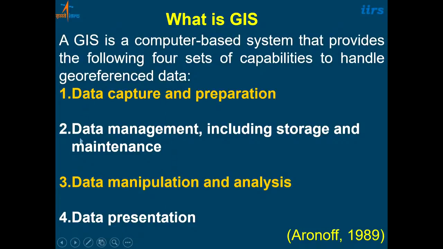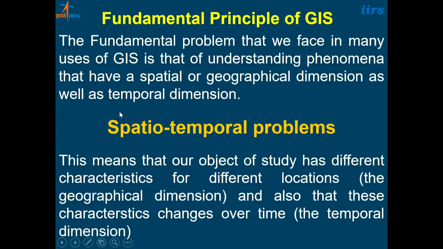And all these capabilities are location specific. They have location information inbuilt into it. Because these tasks can be performed by any kind of information system. But if we add the location information into it, then it becomes a little bit complex, and GIS is the system which handles these capabilities.